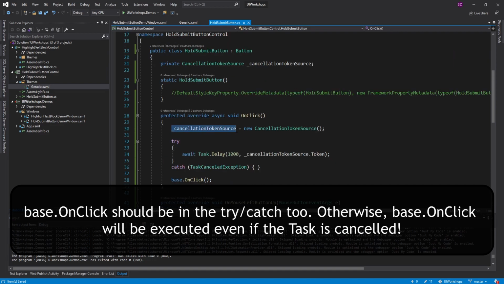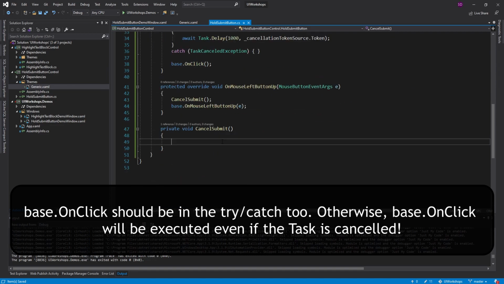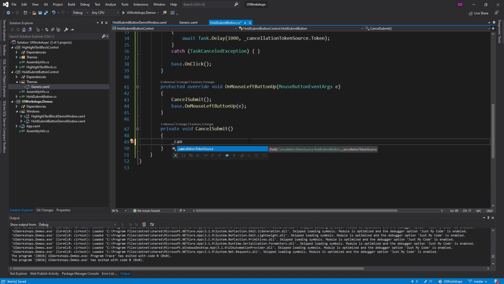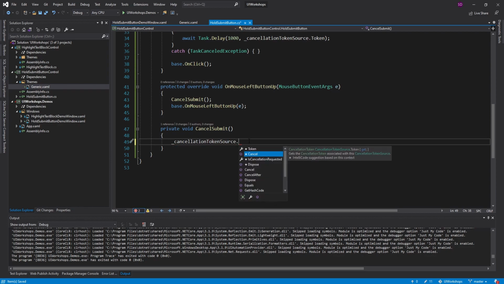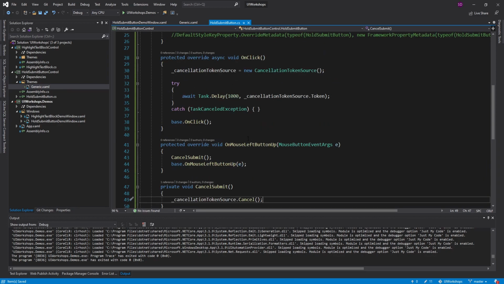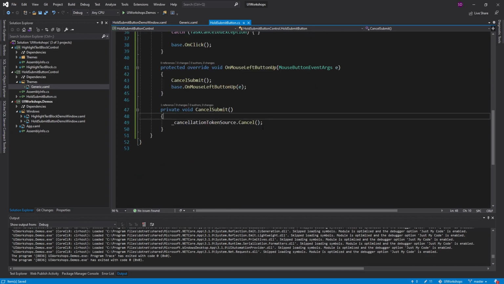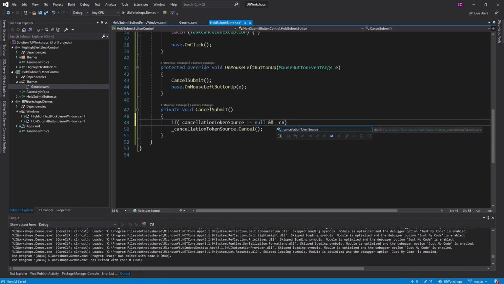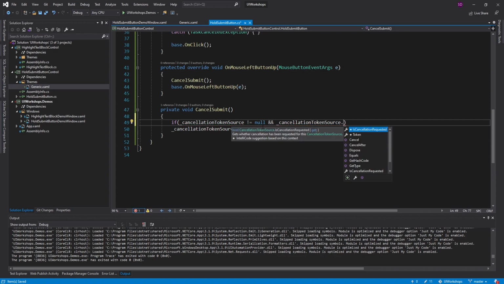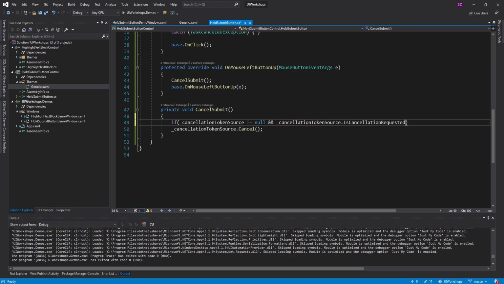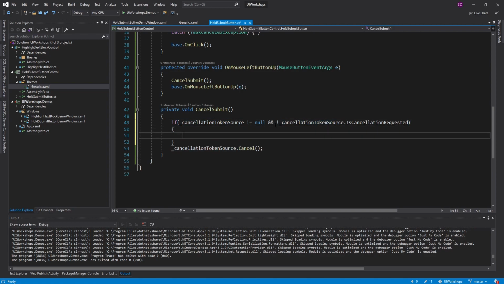And now this cancellation token is in a field. So in this cancel submit method, we can take the token source and call cancel. But since we set up this field on click and not in something like a constructor, the cancellation token source could be null, so we are going to null check that. So if it does not equal null, and we should also make sure that the token hasn't already been canceled. So we have an is cancellation requested property, and if that is false,